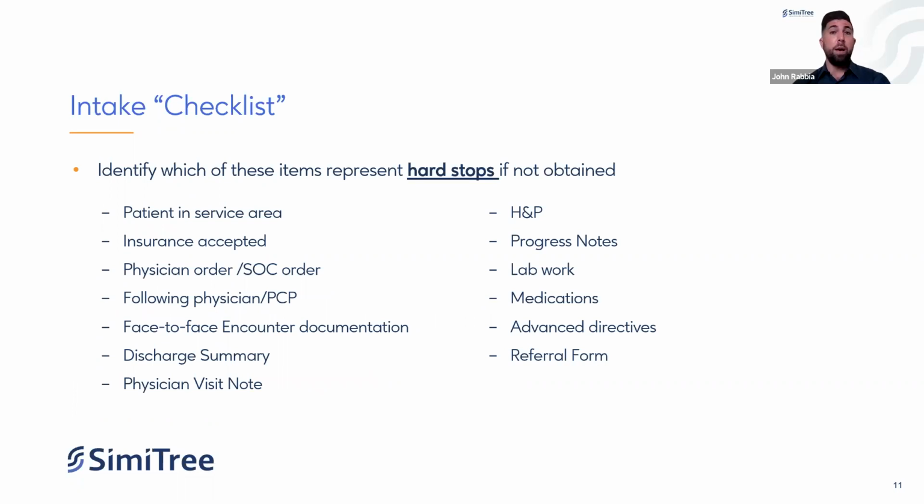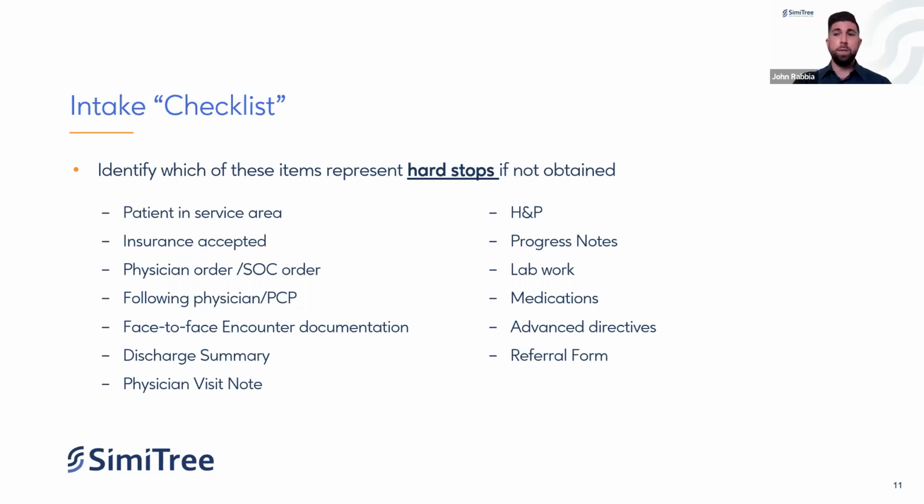One of the things that will help us capture complete information is having some sort of a checklist. And to Cammie's point about making sure that we're leveraging the EMR, ideally this checklist should be within your medical record system in the form of either a template or hard stops, and not in a notebook somewhere or in a spreadsheet somewhere. We want to make sure that we have as much of this streamlined internally within your EMR as possible, and leveraging the full capabilities of your system to make your lives easier.